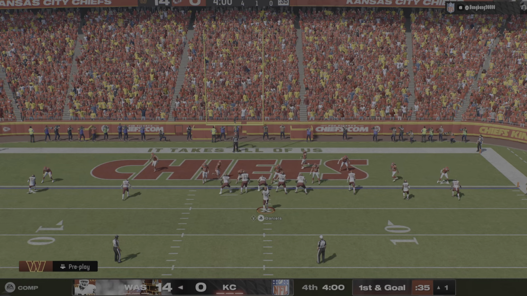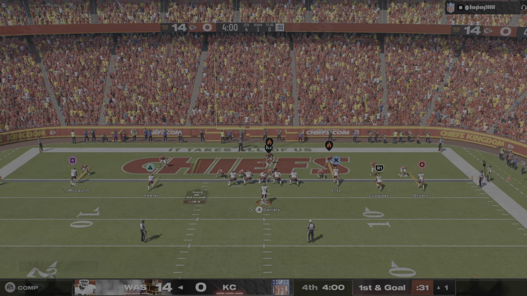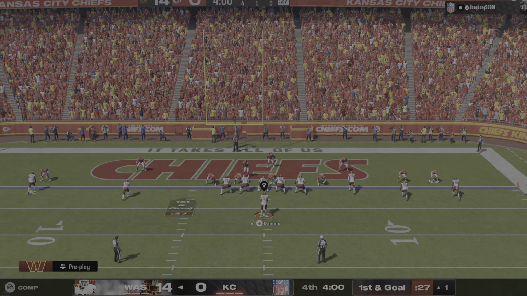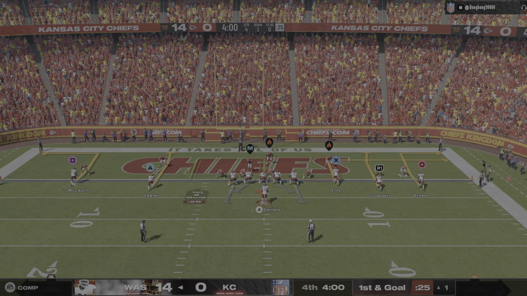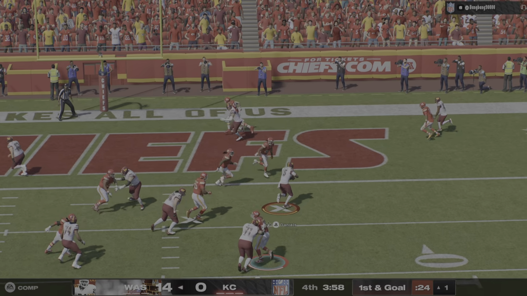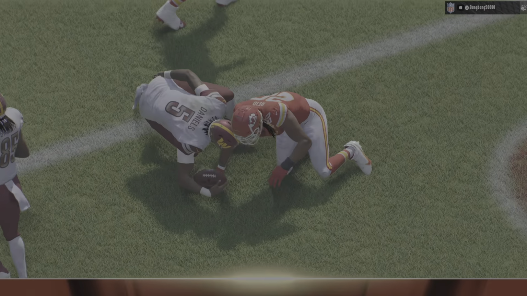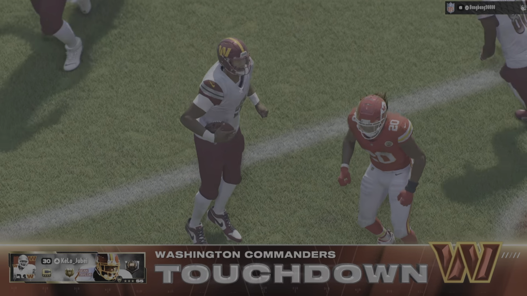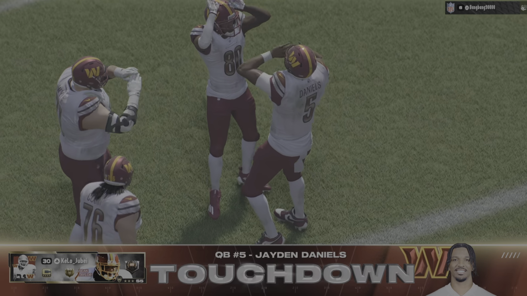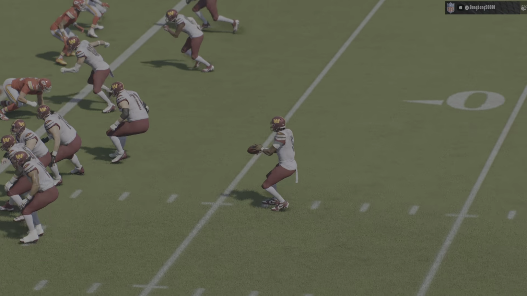4 downs now to get in. Here's 1st and goal. Ready! And he gets in. Touchdown! The Commanders make it a 3-score game in the 4th. Jaden Daniels with the touchdown. Wow, Brock, hard to imagine a more effective play in their entire